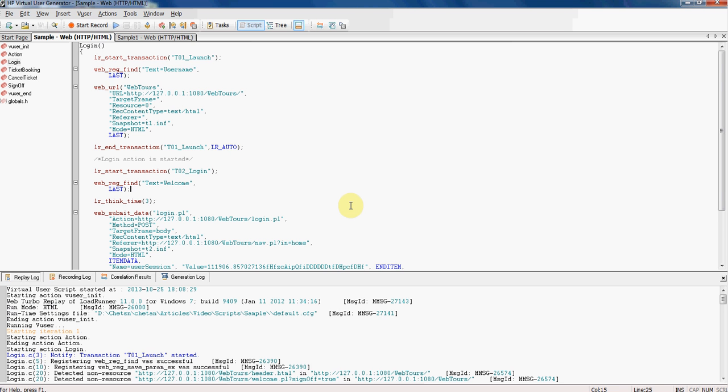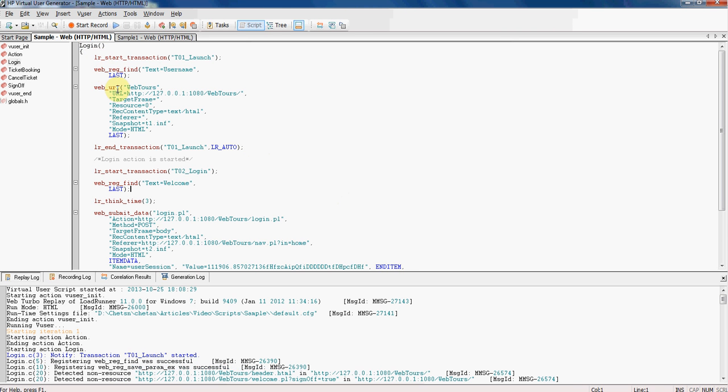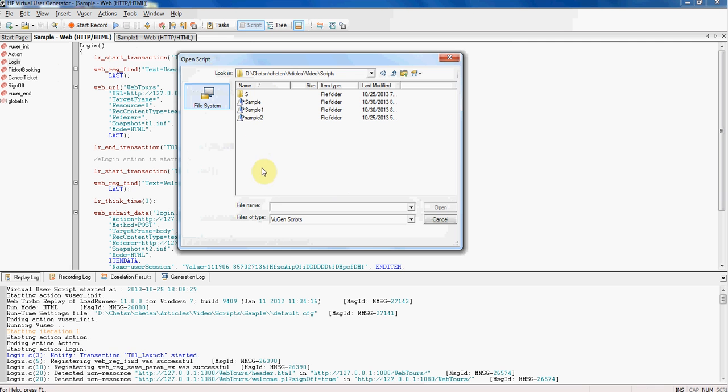Let's see correlation on the recorded script from the previous tutorial in the tool demo. I have opened the same script that we recorded during the tutorial Vugen script recording. That script is sample. With similar steps, I recorded another script, sample1. Let's compare the login section of both scripts. For this, I have to select the login section and then through tools, select compare with the script, navigate to the script 1,